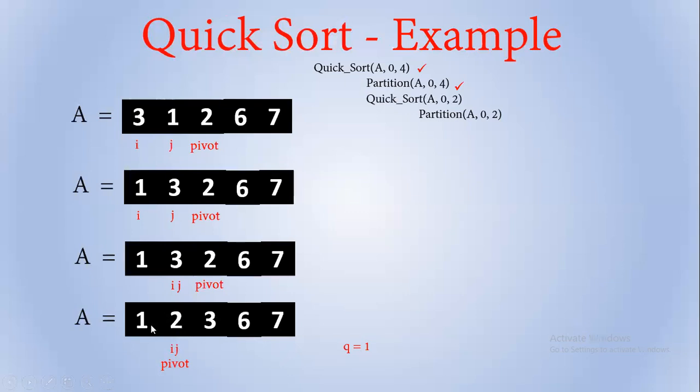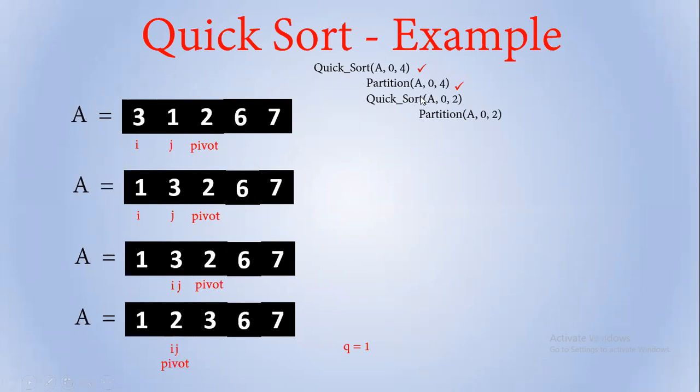Values less than that means the array indices less than that one. That means A1 will have lesser values than this one. It is true because this one is less than 2. And towards the right side of the pivot, values are greater than the pivot. So that's what happened in partition. Inside this one, we ran the partition. So after partition, we get q equal to 1.